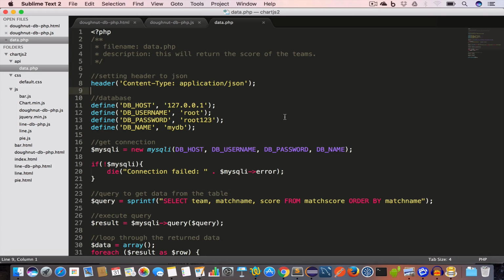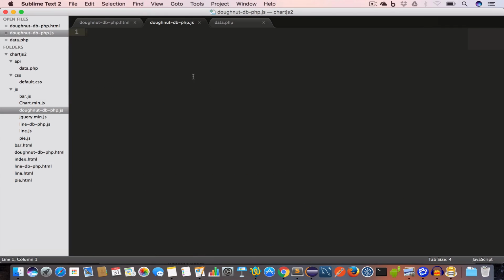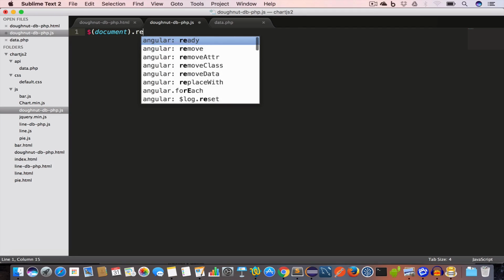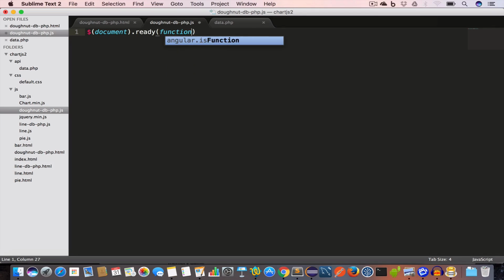Now open the doughnut-db-php.js file, which we created inside the JS folder. This is where we are going to write our JavaScript code that will create the Doughnut chart. So let us go ahead and write the $(document).ready function. And inside this,